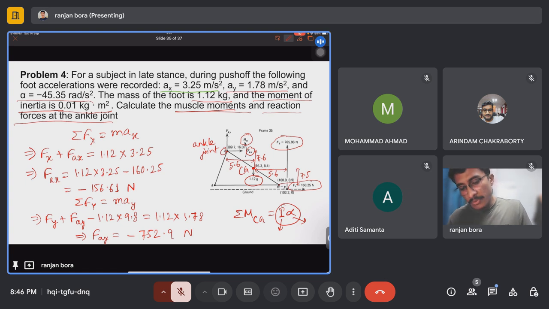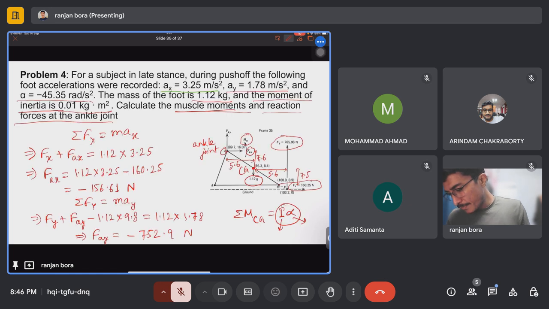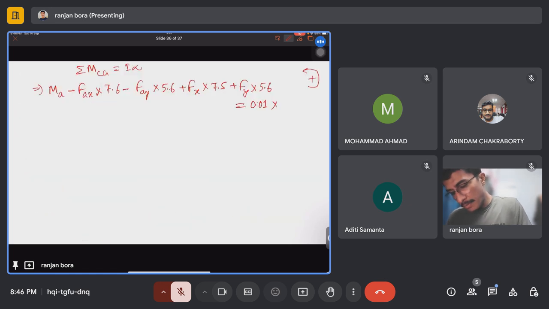The weight of the foot will not produce any moment because it is passing through that point, so we will not consider that force. Equal to I alpha. I is given 0.01 and alpha is minus 45.35,